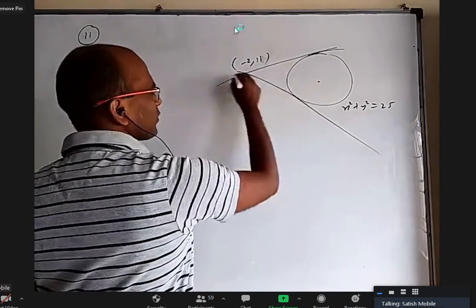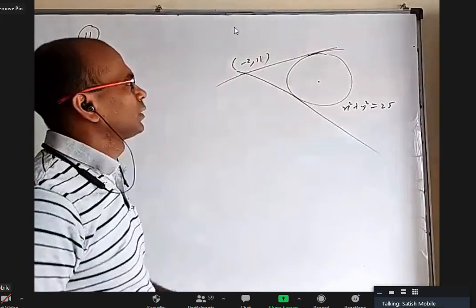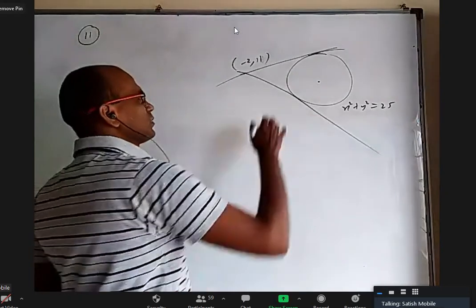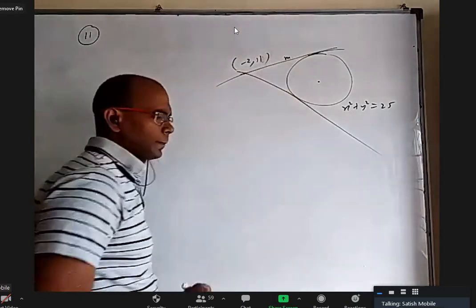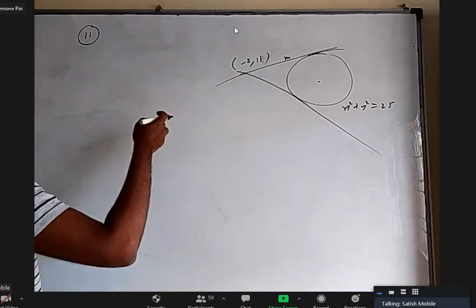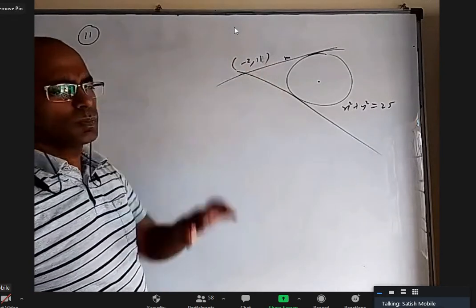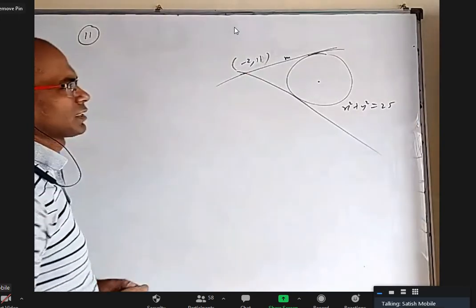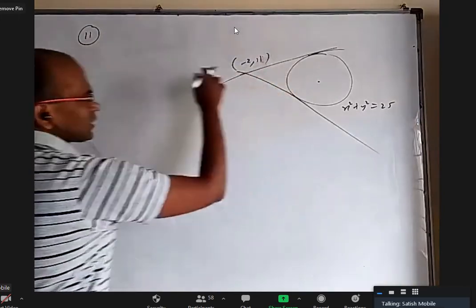If I wanted, I can find this slope and then find this slope and this slope by using m plus tan theta by 2 and all. I simply want to do it very simply. Take the slope as m. Either I can take the general tangent and substitute this point, or with slope m, find the line and then apply the tangent condition. Anything is the same. What is the general tangent to the circle?